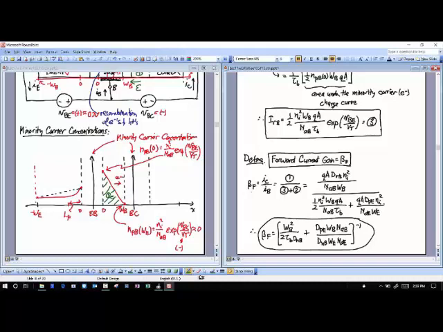And so, here's my gain. But for a bipolar transistor, I care about current gain. The current gain for a bipolar transistor is the collector current divided by the base current. And that's equal to current 1 divided by currents 3 plus 2, as I've defined them here. Current 1 is the injected electron current in the base that makes it to the collector.